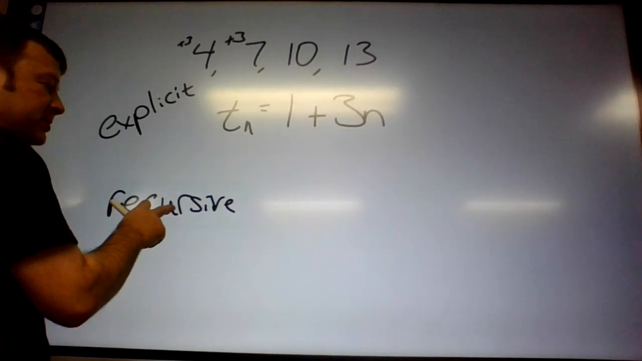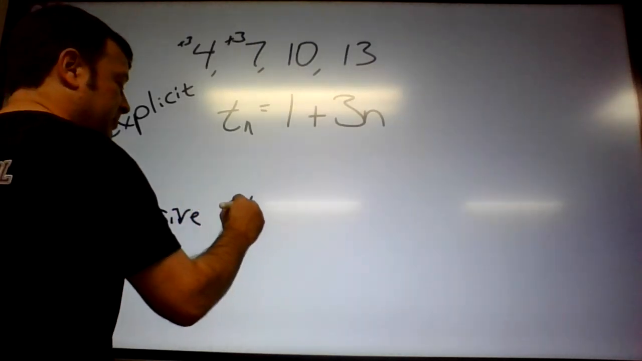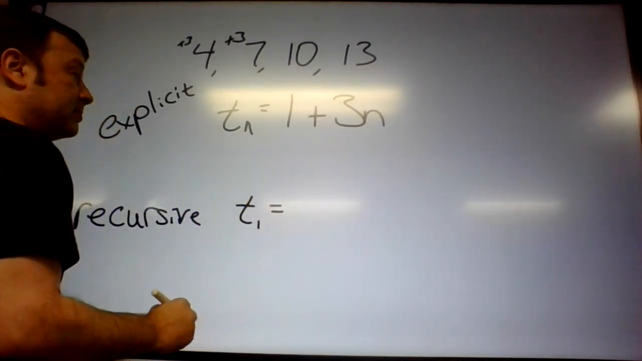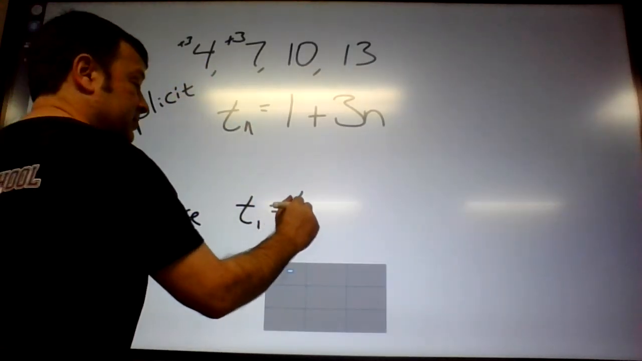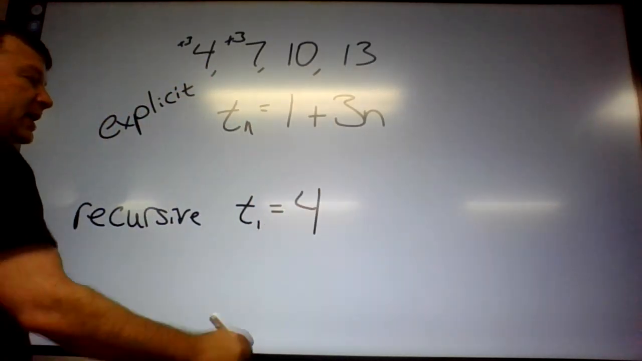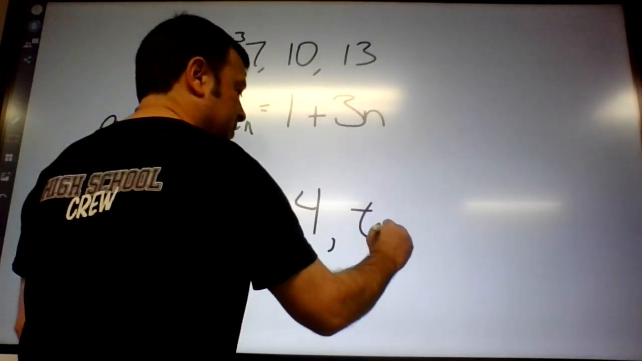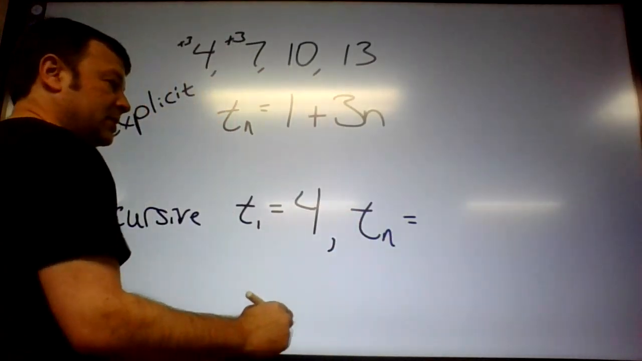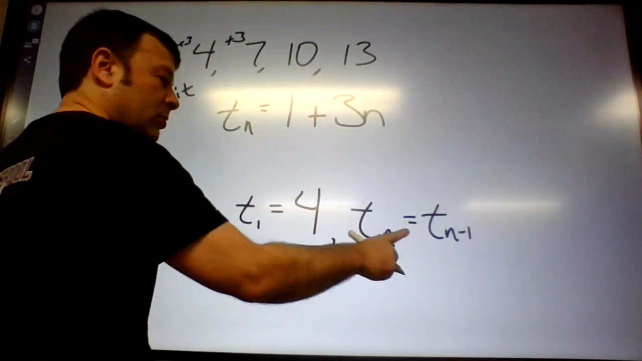And for a recursive formula, you start by defining the first term. So in this case, t sub 1 equals 4. Okay, and then you go comma, t sub n equals, and then you do t sub n minus 1. Okay,